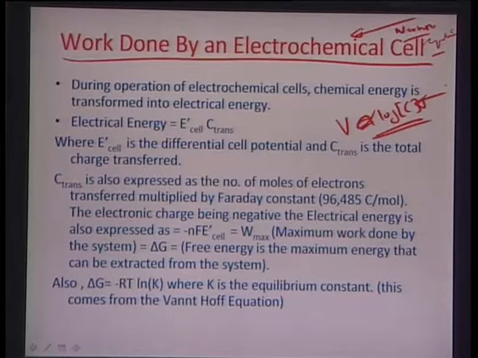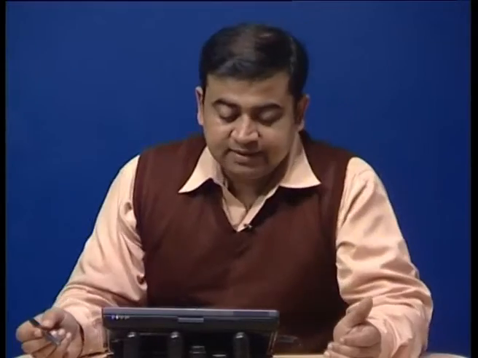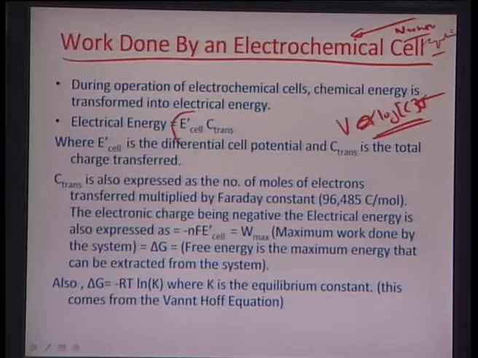So, let us first talk about what is the electrical energy that is spent when a bunch of electrons or a bunch of charges is moved from one side of the cell to the other side. So, there is an EMF of the particular cell, let us say E'cell here is the EMF of that particular cell, against which there is a total amount of charge transfer of C trans magnitude. Okay. So, against the potential E cell there are about C coulombs of charge that are being